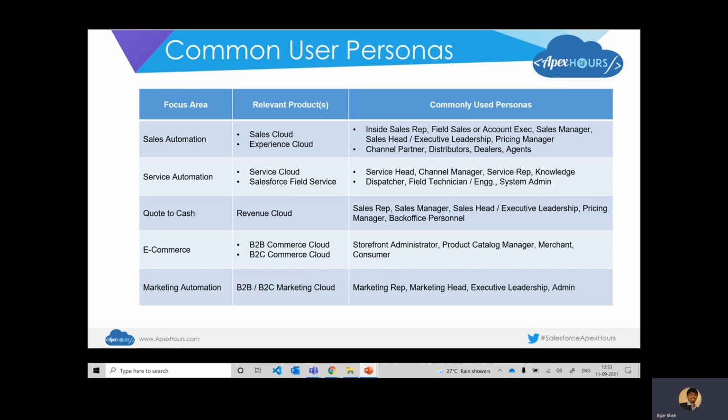Which means that when you are giving a demonstration around this area, it is advisable to create users of these profiles and give them permissions or showcase features which are relevant to them, right? Usually, when you're organizing a Salesforce demonstration, you would know who the people attending are by looking at their profiles or designations. You would be able to map them to these personas, and as a result you can connect with each of them better, right?